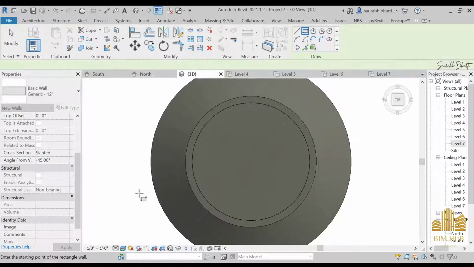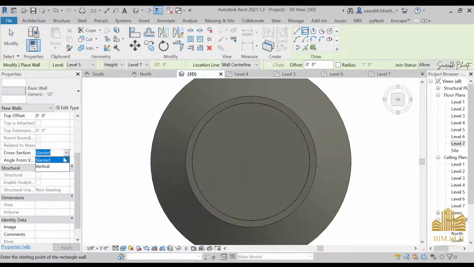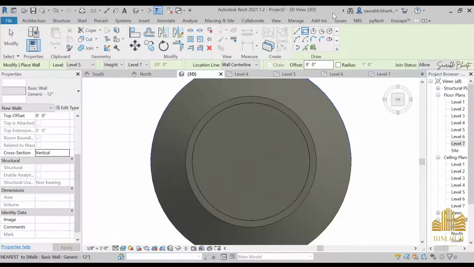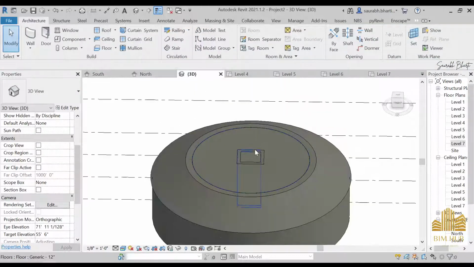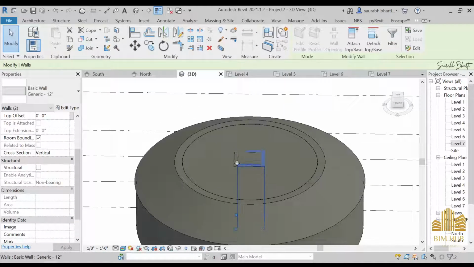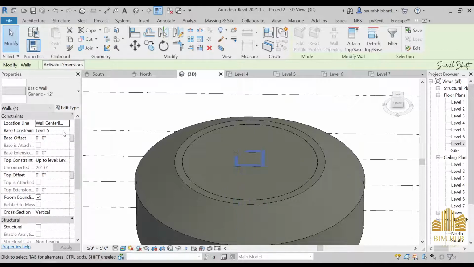And as you can see, it is slanted, so just go to vertical, done, and just draw something like this on top of it. Go to 3D, select this, select this, select this, select this. Okay, the base is 7, cancel. Base is 7 and top constraint is 2 feet,